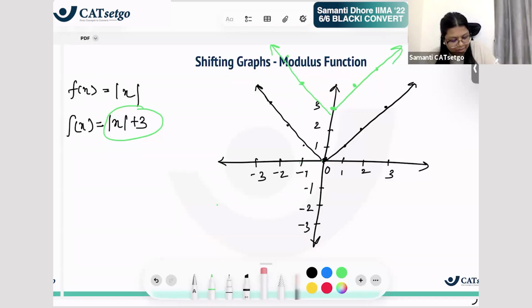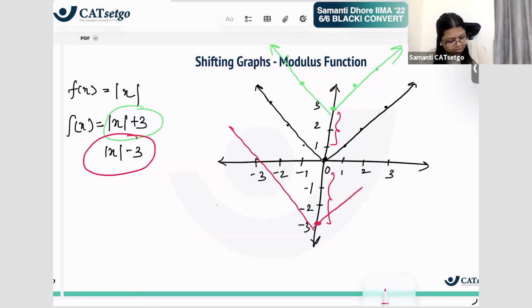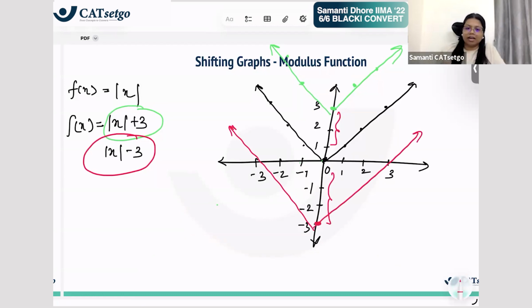एंड वैसे ही अगर मैं mod x -3 करती, तो शिफ्टिंग कहाँ होता? नीचे, है ना? यहाँ पे जैसे +3 से ऊपर गया, यहाँ पे -3 से नीचे आता. करेक्ट, यस और नो, कोई रॉकेट साइंस नहीं है इसमें, ग्राफ ऐसे ही शिफ्ट हो रहा है ना।